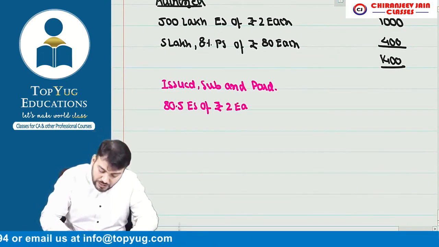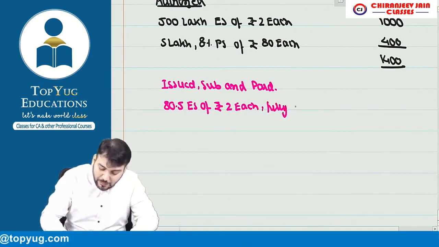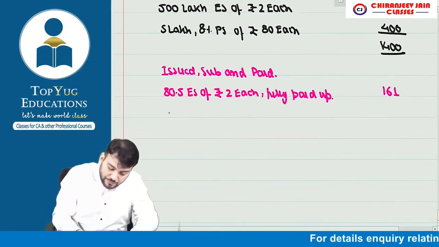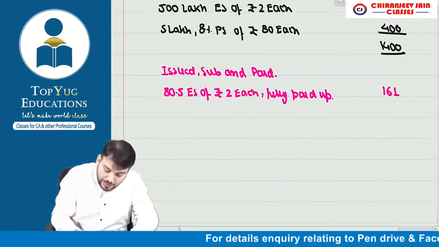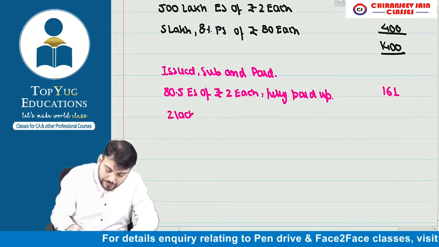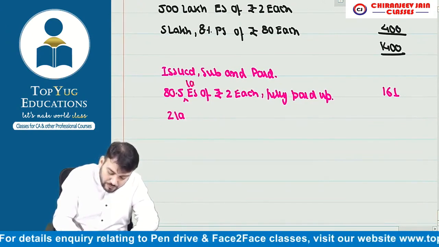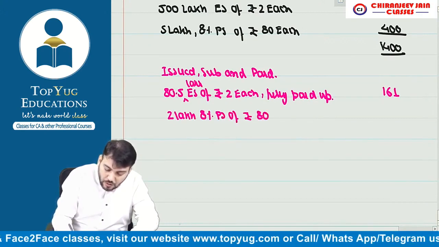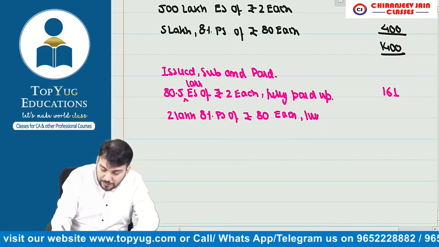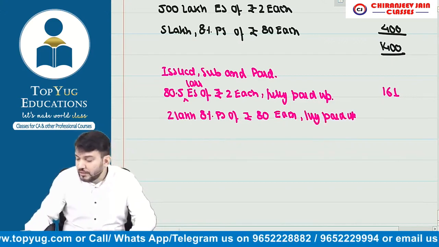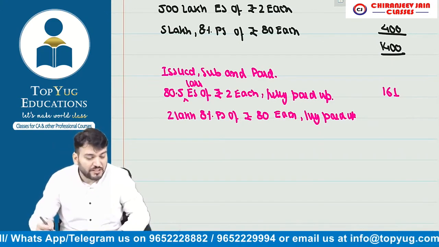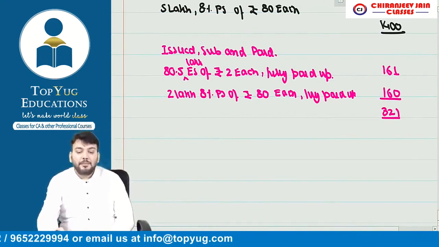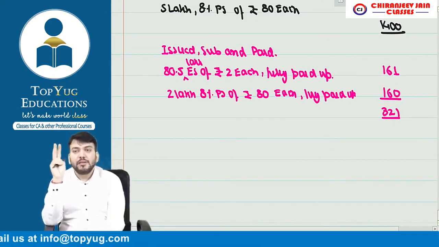रुपीस 2 each, fully paid up, this is how much 161 and 5 lakh, sorry, how much 2 lakh. यहां पर भी लाख लिख दो, 8% preference shares of rupees 80 each, fully paid up, तो ये कितना हुआ 2 into 80 मीन्स कितना हुआ, दिस इज हाउ मच 160 लाख, तो टोटल कितना हो गया 321 लाख। अंडरस्टूड दिस पॉइंट, हैव यू अंडरस्टूड दिस पॉइंट, बोलो। नाउ there were 2 equity shares issued during